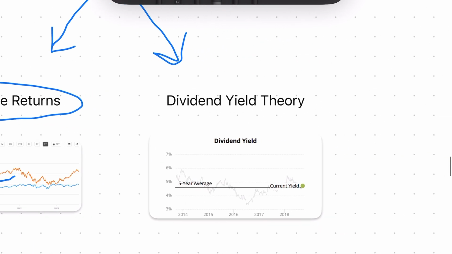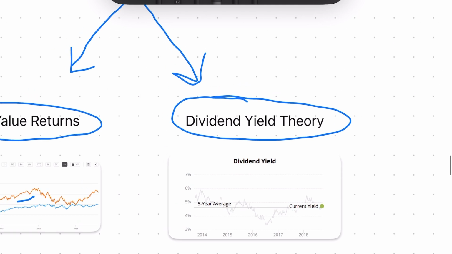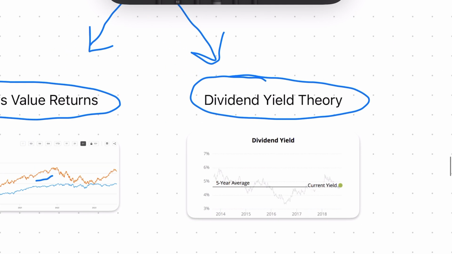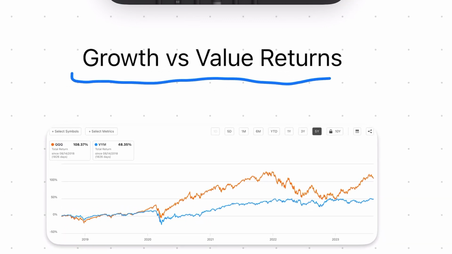And then we're going to follow this up with the dividend yield theory. This is something that personally has confused and misled me for quite a while. This has to do with the dividend growth rate, the true effect of that long term on the investment, things like the yield on cost. So hopefully today I can bring some clarification to all of those metrics and what they really mean. But we're going to begin with the classic growth versus value debate.